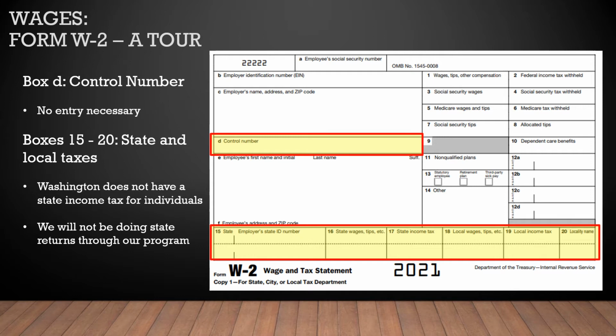And if you see Oregon, which we might see with some taxpayers or potential clients coming in with some Oregon wages, we wouldn't be able to do their returns through our program. We might refer them to the AARP program because they specifically train for Oregon.